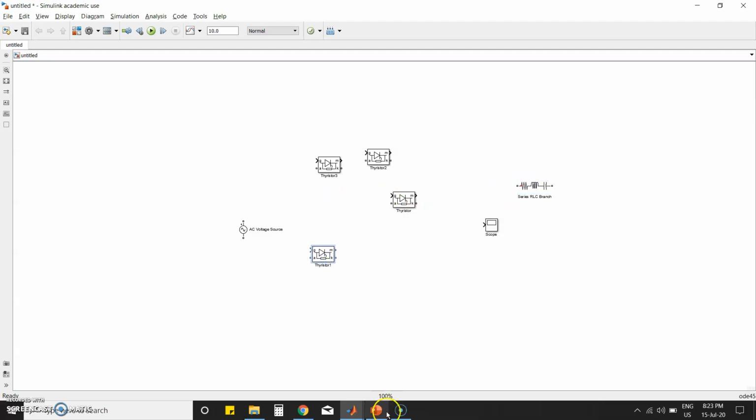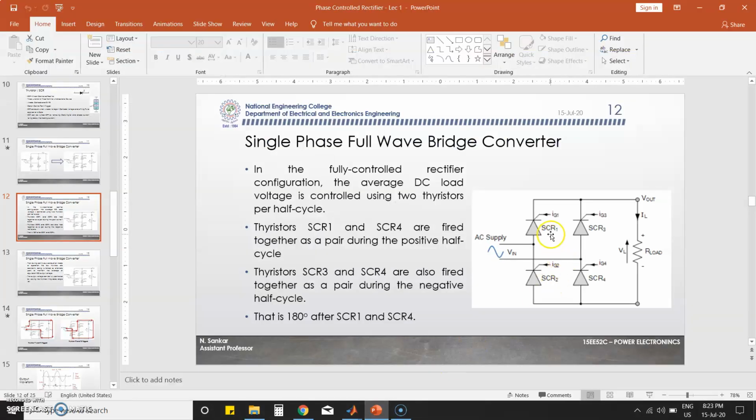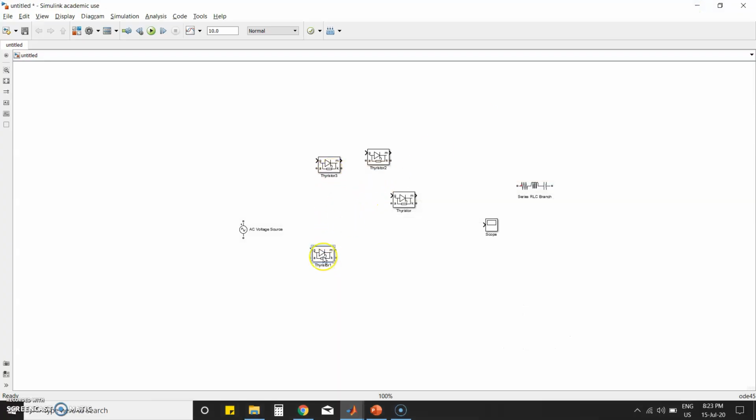As per your circuit diagram, this is the anode, this is the cathode, and this is the gate. To rotate a component, click Control R and it will rotate. So we change the orientation like this: 1, 2, the third one, and the fourth one.